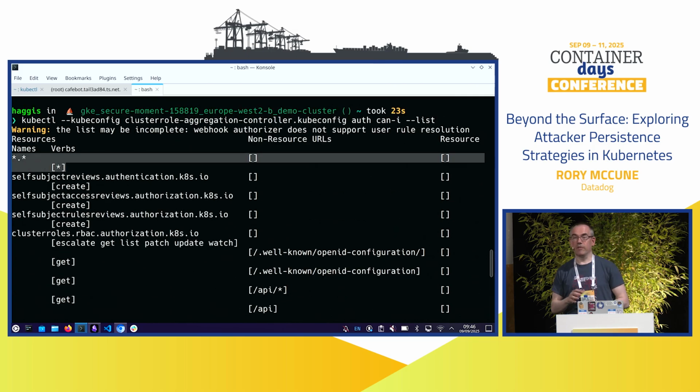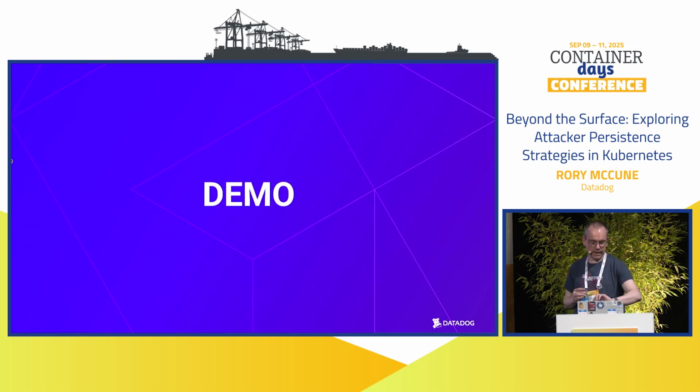So that will now give me all the rights to do anything I wanted, and I can just go in and take my rights away again once I'm finished. And that's every right. As we know, every right to everything. So even in EKS, if you've got the right access, you can do something like that, and you get all the access you ever wanted. So our attackers have had a great day, right? They've had their time, and it's all worked out, and they've had all their access. The admin's finishing up their call, coming back in, they step away from the machine, safe in the knowledge they've got persistent access, and they can wreak havoc in this cluster forevermore.